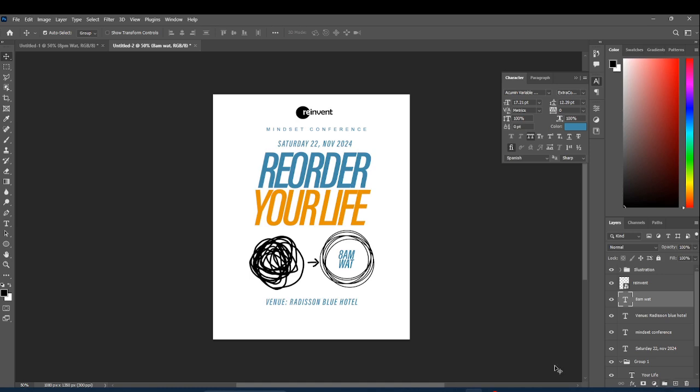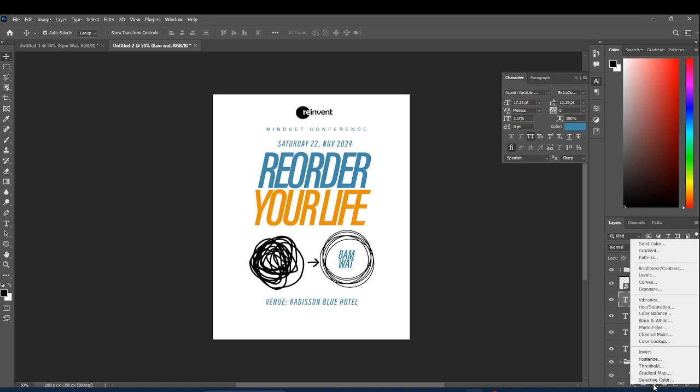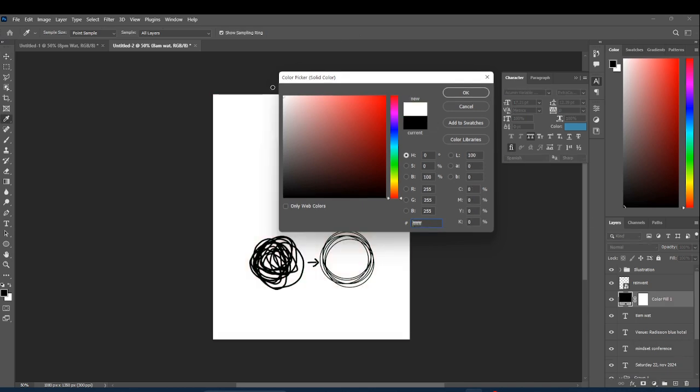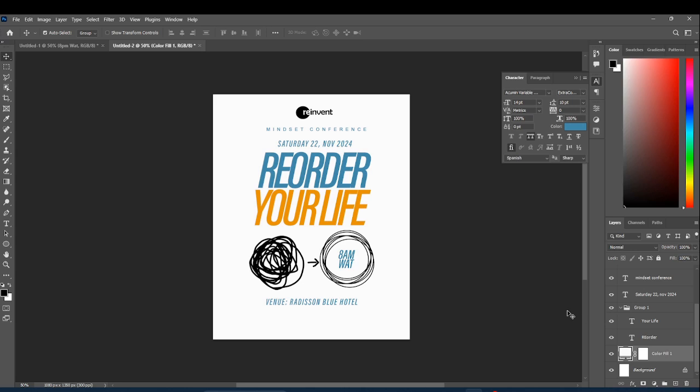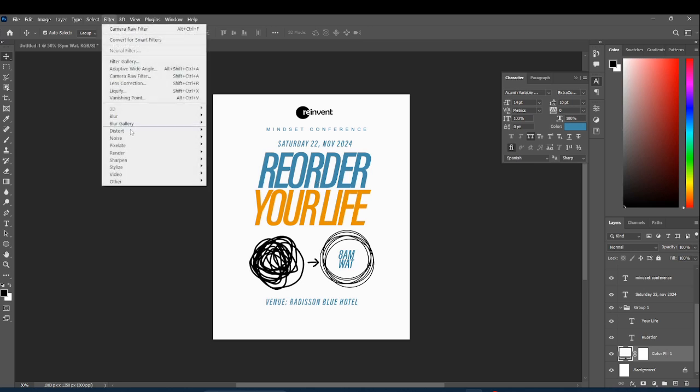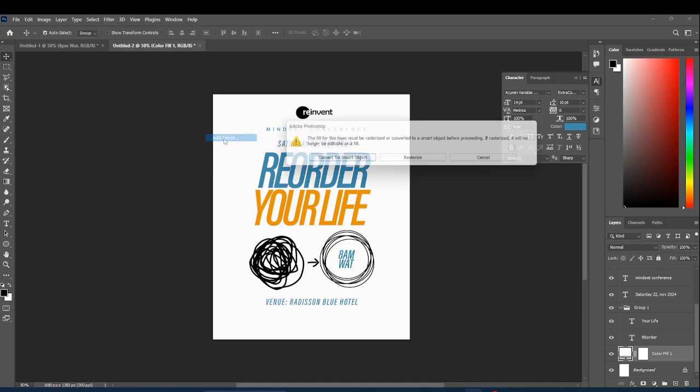Okay, so let me give it a background. The kind of background I want to use is a white background, but it should be noisy. So to create a noise, just go to select solid color here. Make sure you have white, not white, but a little bit off white, FC, okay, and then drag it to the base and then go to filter, select noise, add noise,